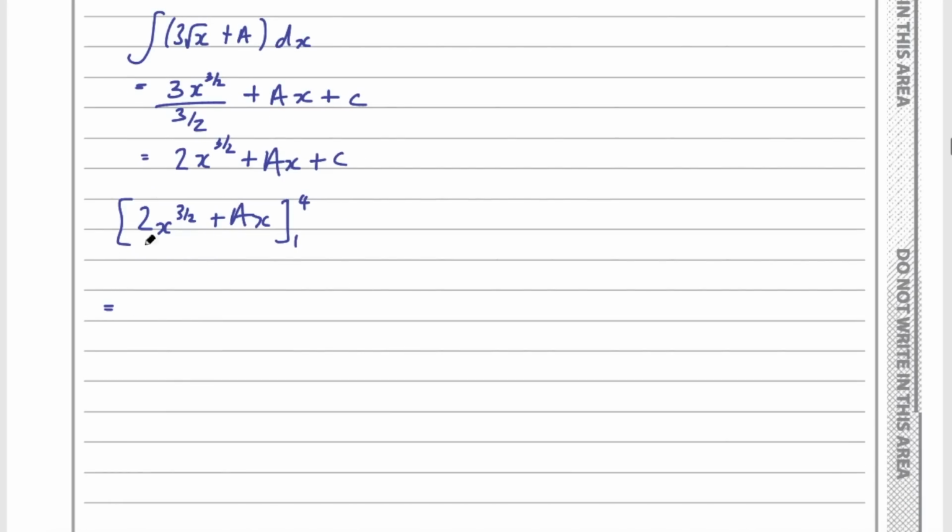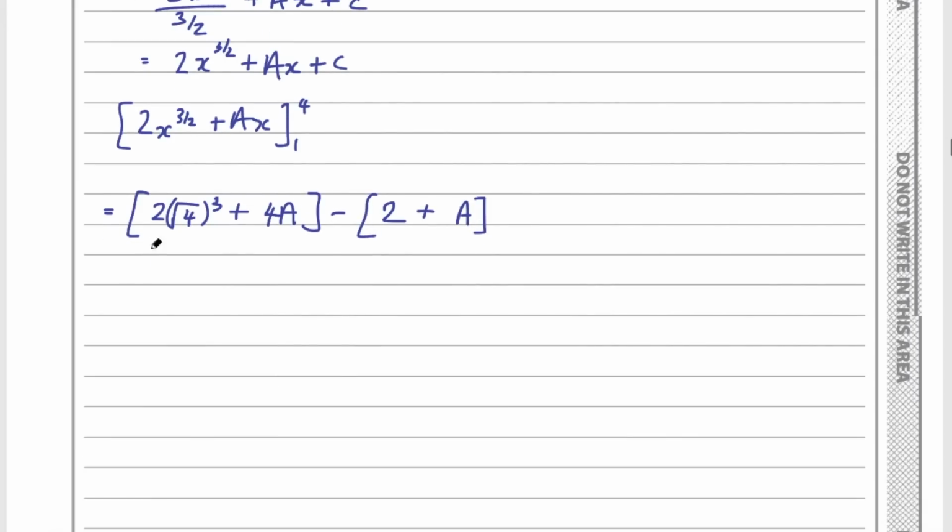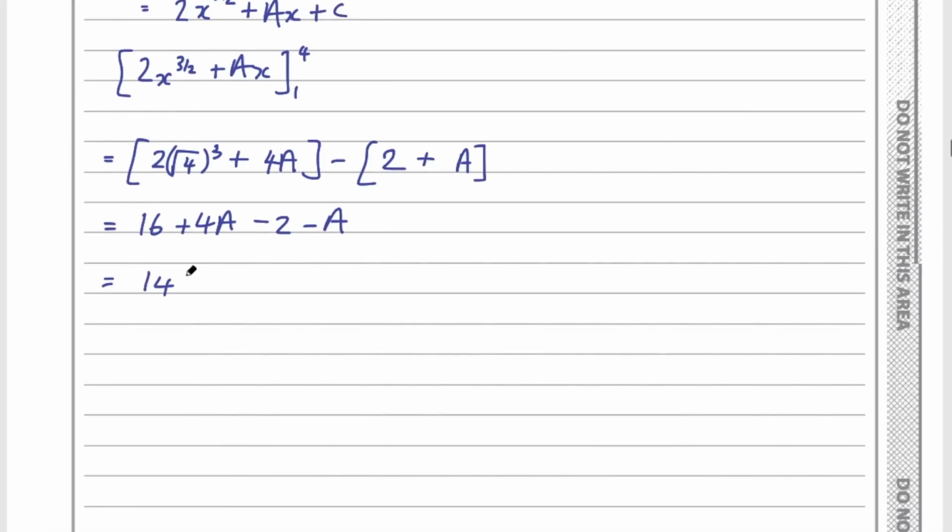So firstly, substitute 4 into that expression. So this is like the square root, so this is the same as the square root of 4 cubed plus 4a. Subtract, and now we substitute 1 into that expression. So if we put 1 in for x there, it would just be 1, so that first term will just be 2 plus a times 1 is just a, and then we need to evaluate this. So the square root of 4 is 2, cubed is 8, and 2 times 8 is 16, so we get 16 plus 4a minus 2 minus a,